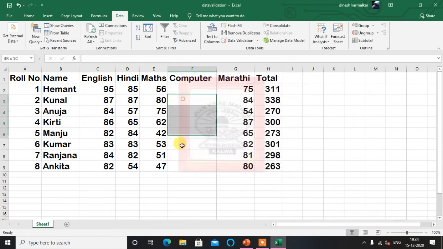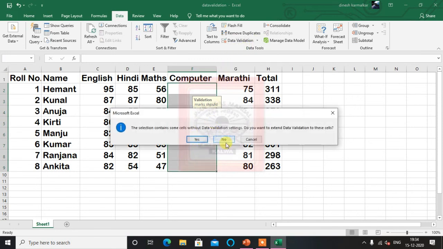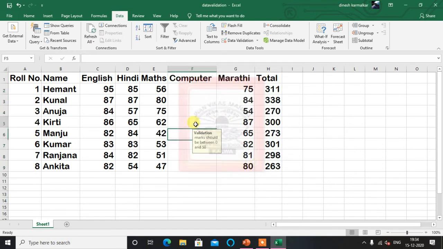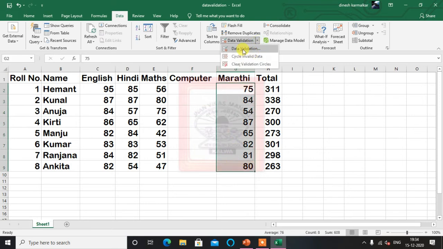Now I selected only one, I have to select it for all, so all get the rule. And for this again I will make it 100.